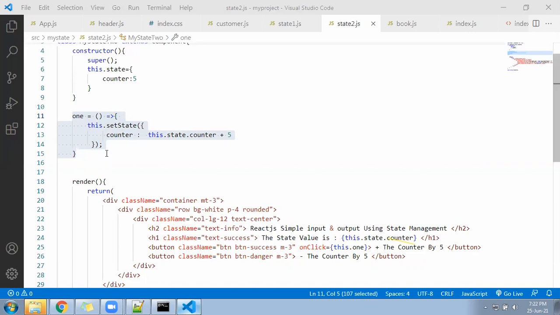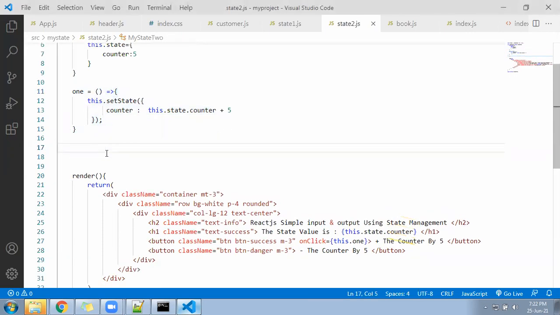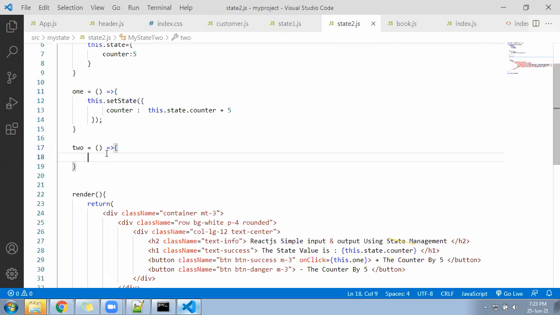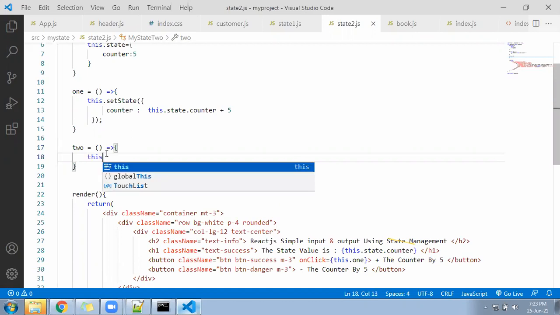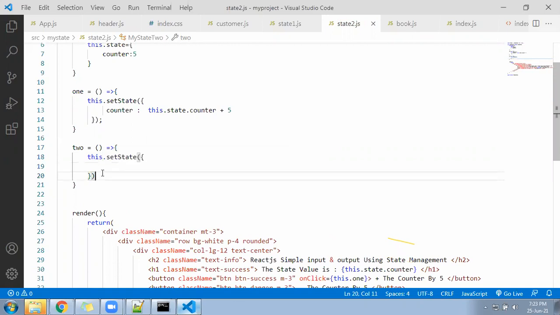Now let's go next. I will write the next function that is called function 2. Function 2 for what purpose? To minus the value. Again, we are going to modify the state only, but one button will plus, another button will do the minus. You can follow the arrow method. this.setState, go inside and write here.